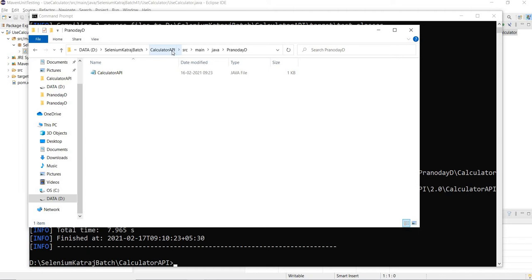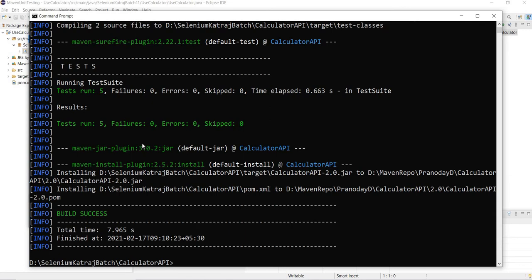That is the second phase which Maven triggers. Then src test java, the test code gets compiled, right? Then the unit testing triggers. So it triggers the Surefire plugin.